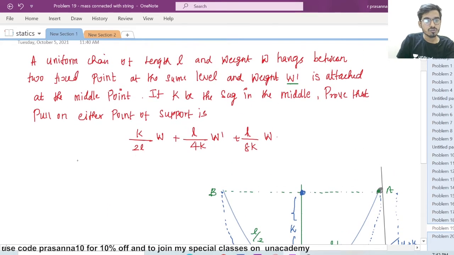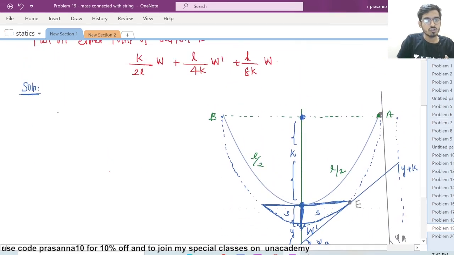So the solution. What we need to show is the pull on either point of support. A and B are the points of support here. We need to show the tension at A is this, right? We need to show it at either point, but it is uniform, so we will show only at A. Tension at A is k by 2L times W plus L times W dash by 4k plus LW divided by 8k,